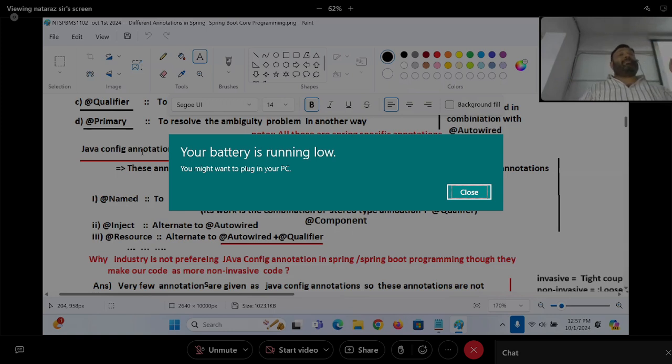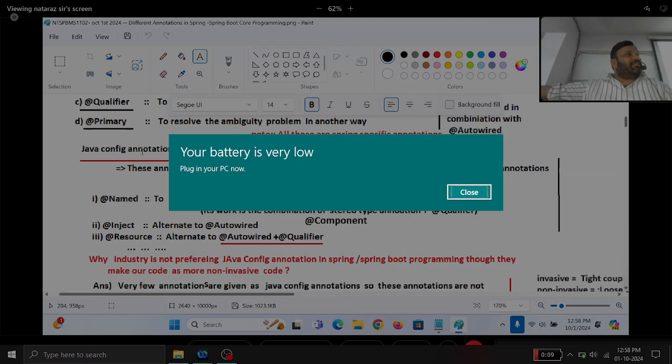That's why they came up with one concept, guys: Java config annotations. What annotations? These are JDK, Java EE supplied annotations. Some of those annotations are taken by Spring, and Spring provides functionality for them. What's the advantage, boss? Tomorrow, if I move my code to another framework, I can use the same annotations there. Mostly they also